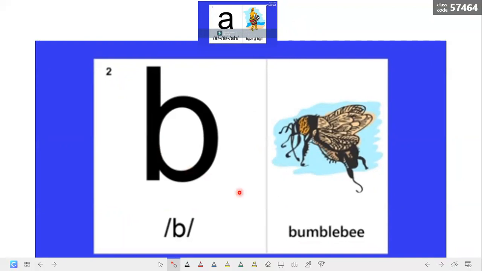Okay, number two is B. The sound B is a consonant, okay, and it is a voiced consonant, and the key word here is bumblebee. Bumblebee. Let's listen together. Number two,